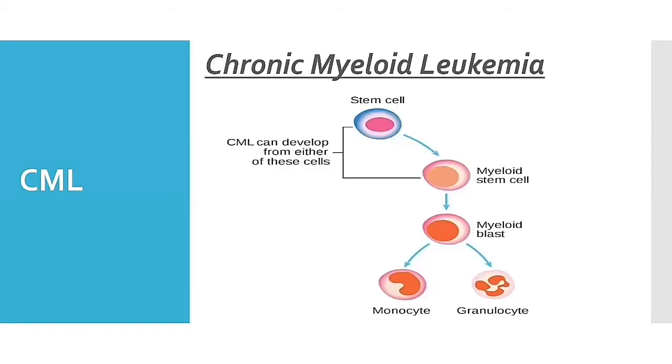Now let's look at the term chronic myeloid leukemia. As we can see from the name, it is chronic, that is, it takes place in case of mature cells or in case of older patients, and it is a kind of monoclonal disorder of the late hematopoietic cells. From the name myeloid, we can say that it is a disorder taking place in the myeloid lineage, that is basically the neutrophil, basophil and eosinophil of the WBCs, and it is a malignancy of the monoclonal cells.